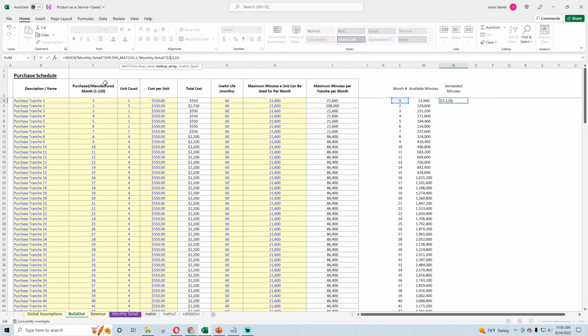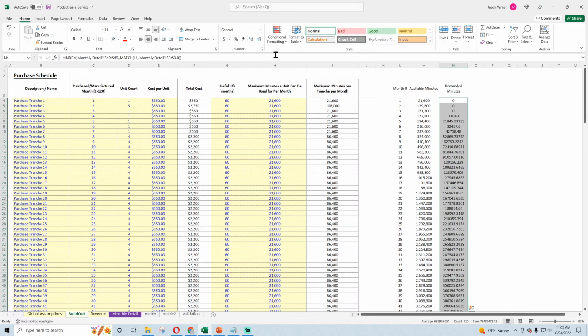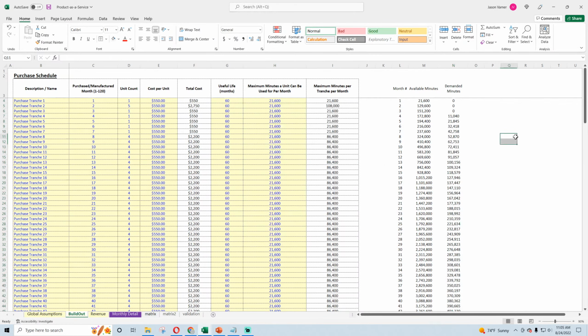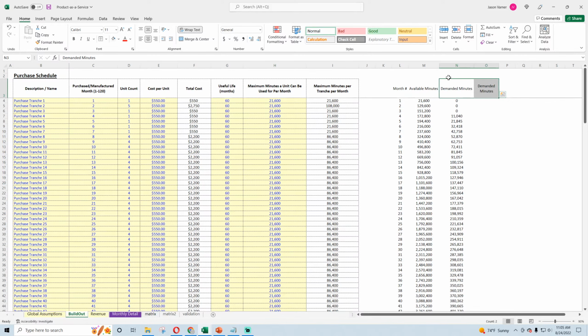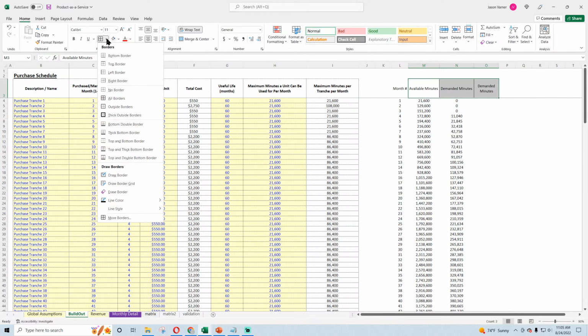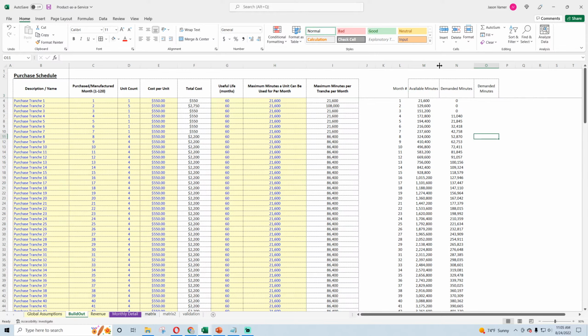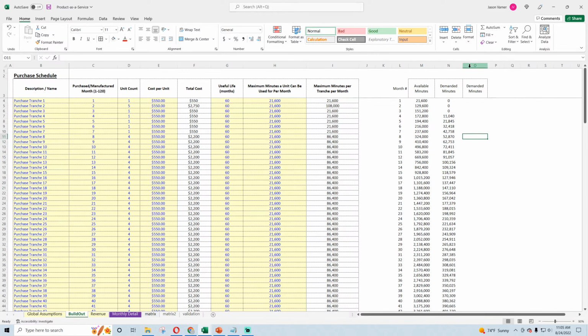And here's where we get real fancy and we say, okay, demanded minutes, we can say the difference. Man, this is so cool. This is really cool. Anybody that's in this industry, I guarantee you this model is going to be helpful, or looking to just have their products offer subscription access rather than just selling them.